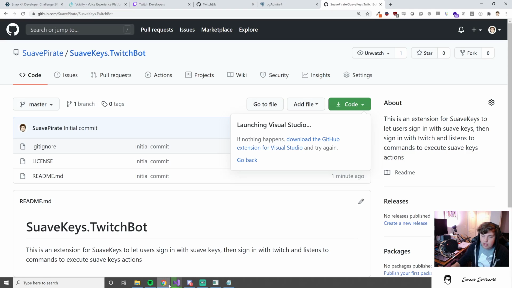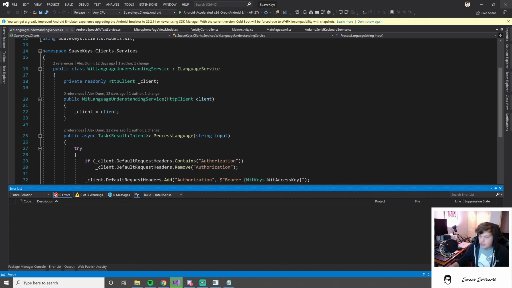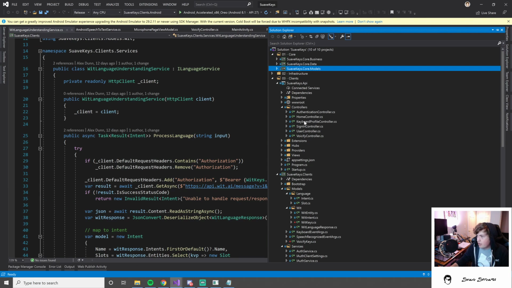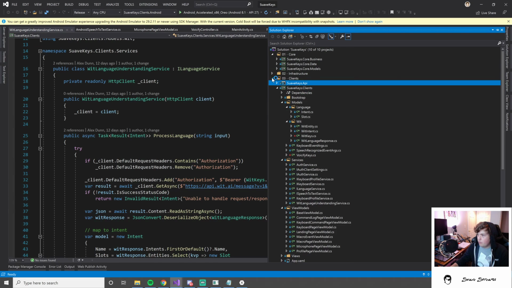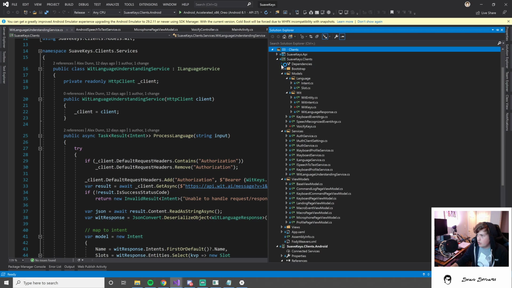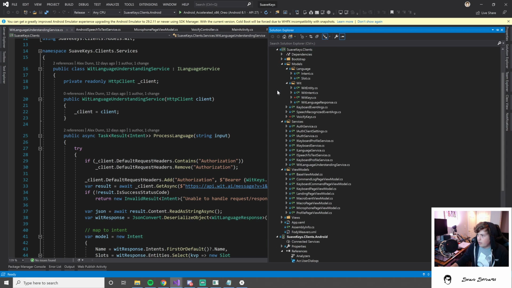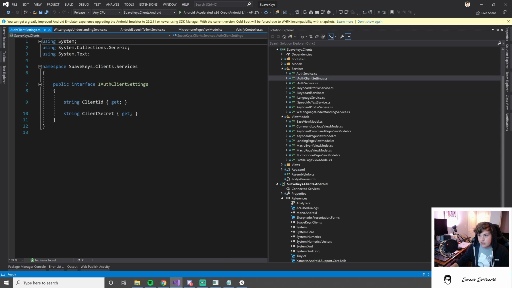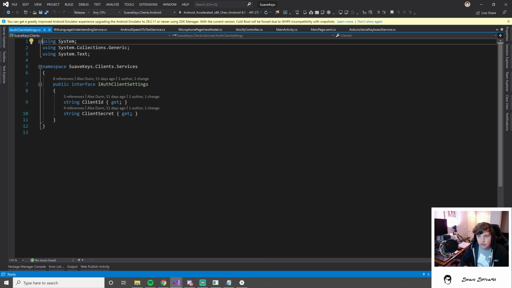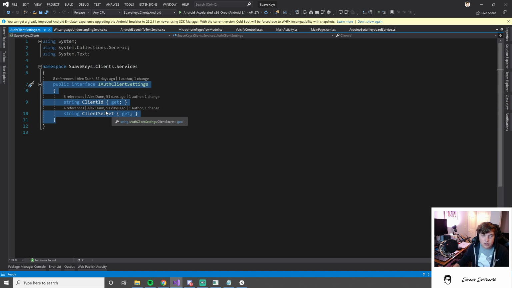Basically, the things that we need to handle on each of the platforms that's a little different are the auth client stuff. So we did that already in Suave Keys, which was nice. So if we close... Right, it's in here. We have the generic service, the auth client settings, and then we dependency inject that with TinyIOC. We're going to want to do the same thing. So we need a unique client ID and secret for each of the platforms because that's how we're going to identify